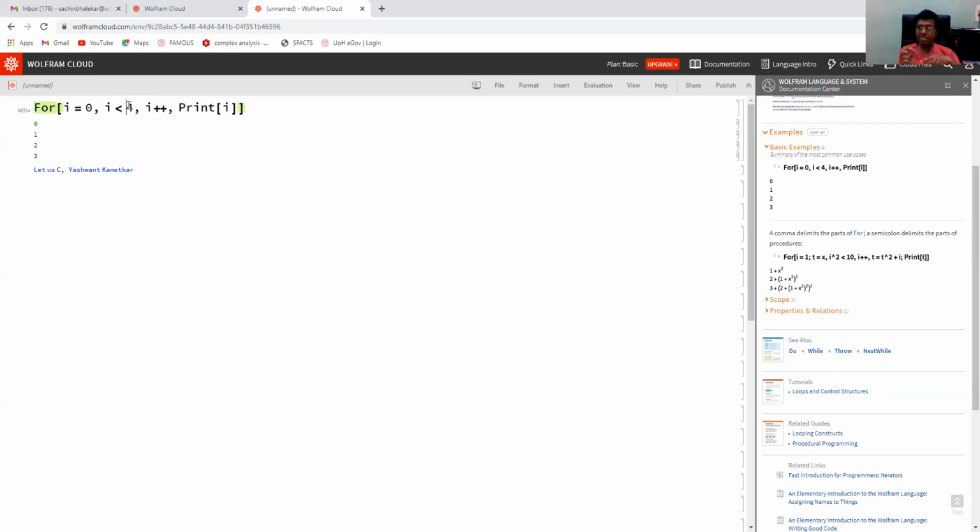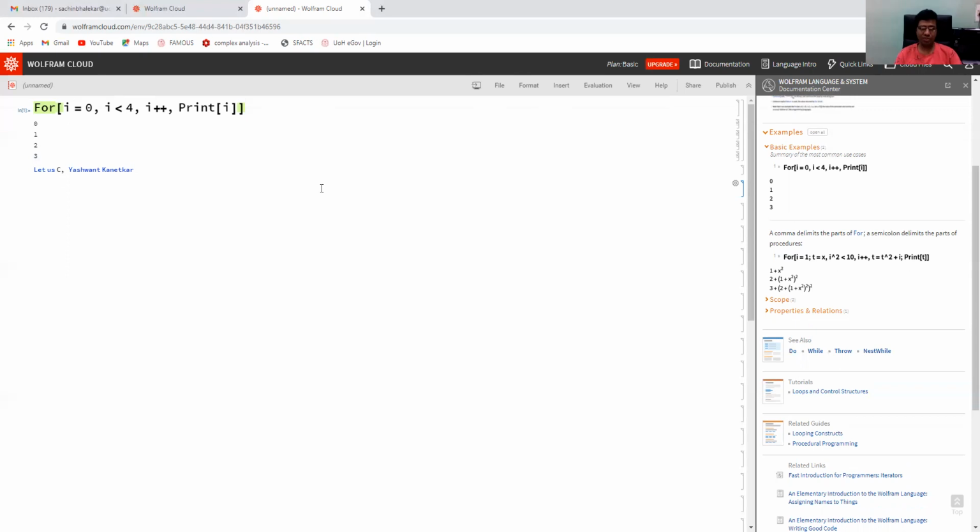For example, error is 10 raised to minus 3. So your permissible error epsilon is 10 raised to minus 3. You will divide that interval till the length of the subinterval becomes less than or equal to 10 raised to minus 3, and you don't know how many steps you have to take. In such cases, the while loop is useful.